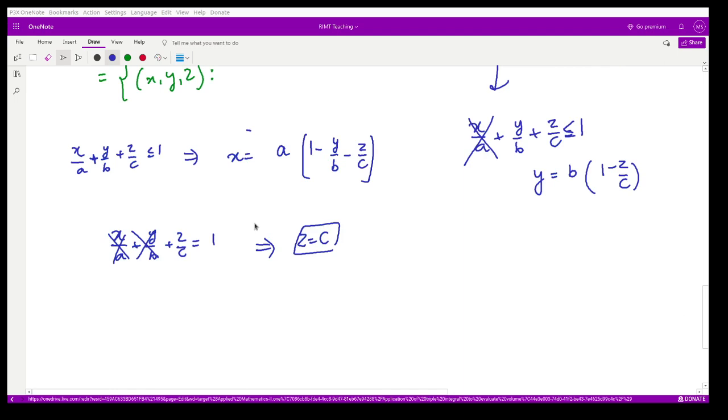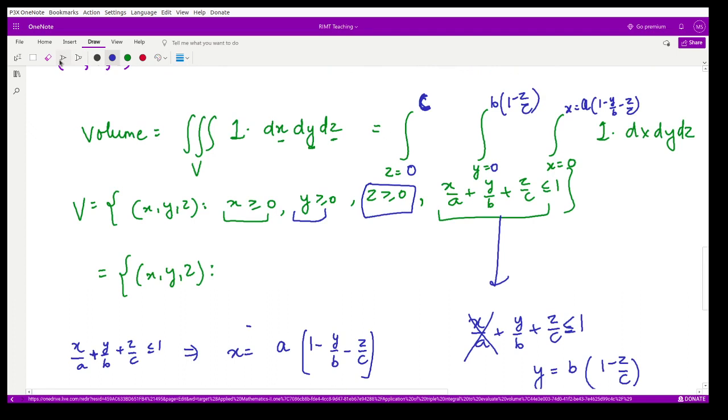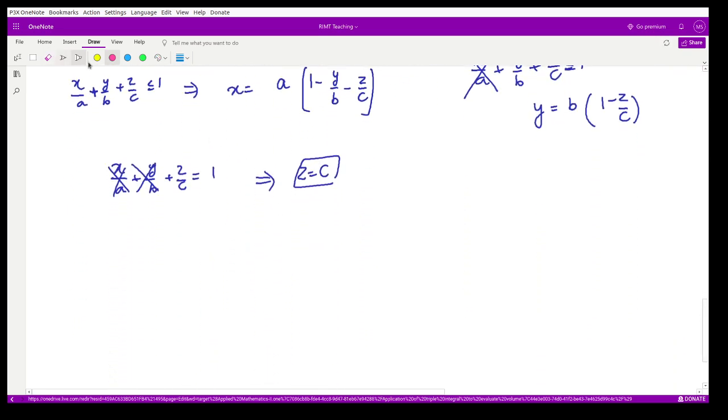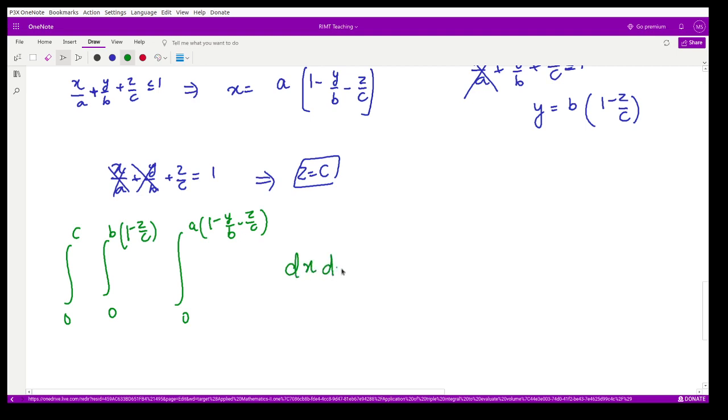Okay, so the only thing that is remaining here is to solve this particular triple integral. In order to find this integration, we have to solve this integral. So let's do that. Let me write it again here. We wanted to calculate the integration from 0 to c, integration from 0 to b(1 - z/c), integration from 0 to a(1 - y/b - z/c) of dx dy dz,